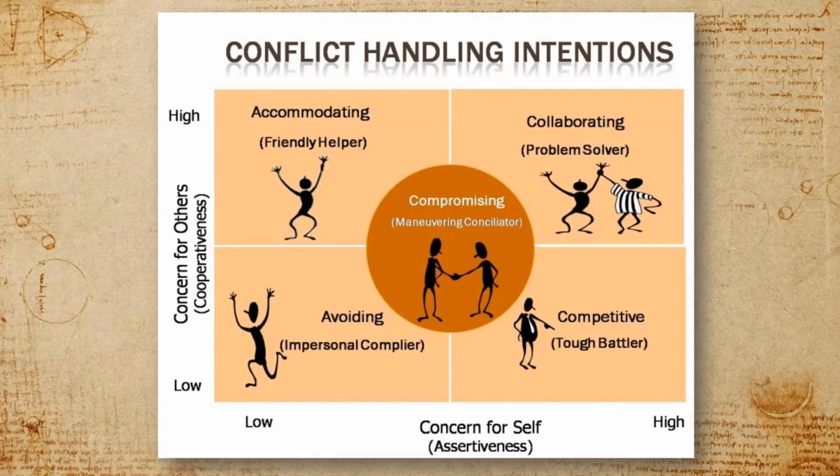It's an arrangement between low and high levels of concern for self. So let's see. When you have low concern for others, a readiness to cooperate with others, and also low concern for self or assertiveness,